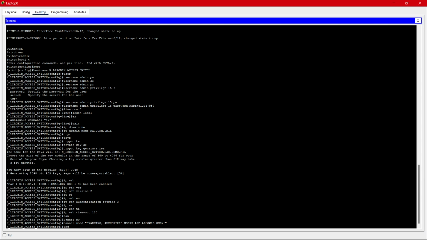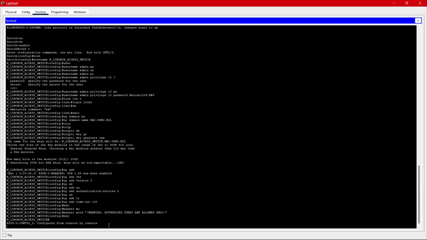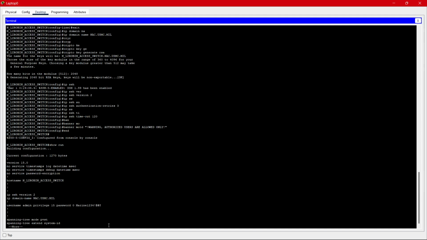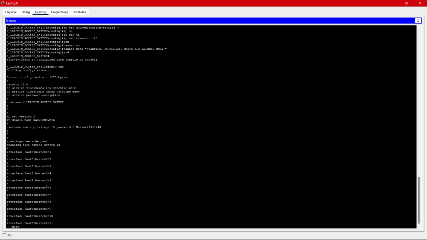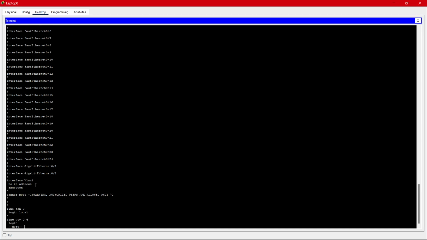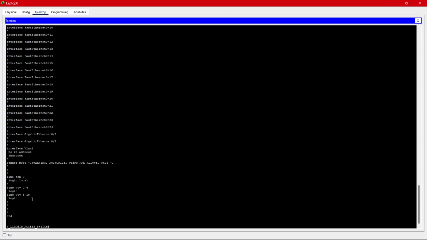Now we're going to go check all of our configurations by doing end and the show run command. This allows us to see our running configuration. As you can see, that's the host name that's specified. Our IP SSH version is now specified, as well as our domain name. Username is shown, but it's in plain text because right now we do not have service password encryption. Service password encryption takes all the plain text passwords and encrypts them. All of our ports are undefined and our banner is set, as well as login local is set on the line con. So if I exit,